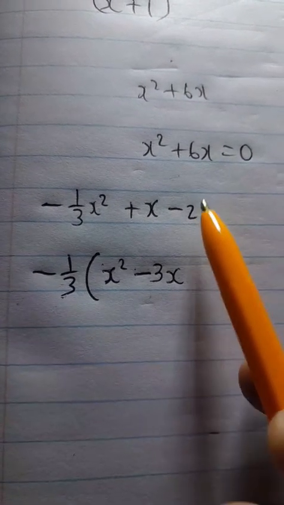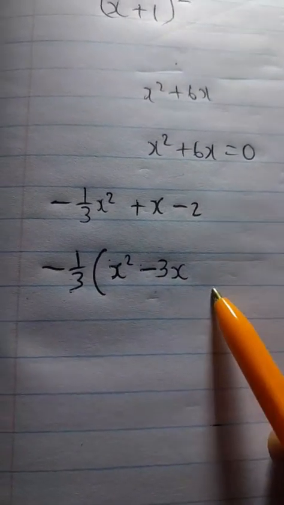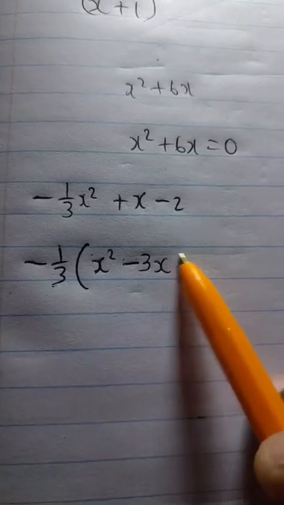Sometimes you just say negative 2 divided by negative 1 over 3. That should give you the answer, right? So what is it? Negative 1 over